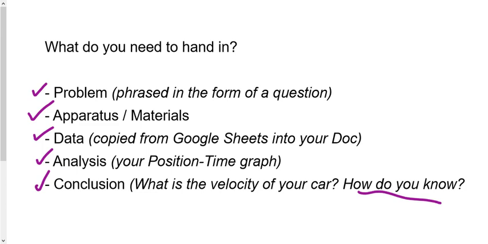Title, you should probably have a title, but you're going to find actually when you go on Google Classroom, I've already created the document for you. So there's already a title in the document. You're just going to click on that document and add your stuff to it. So, evaluation or sources of error. You guys remember doing that? That's missing as well. And the reason that I've left out those things is because I don't want to